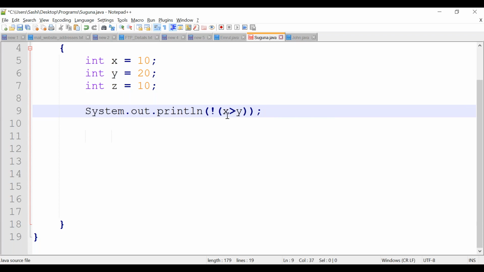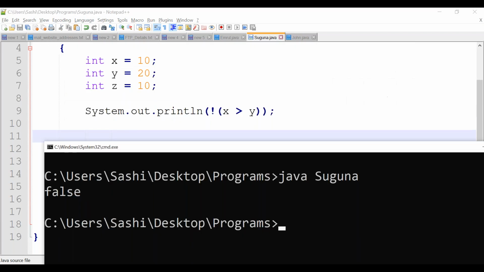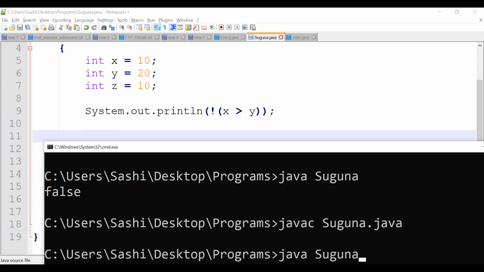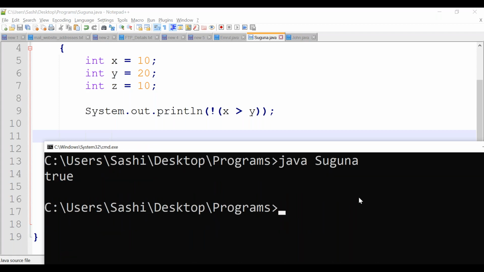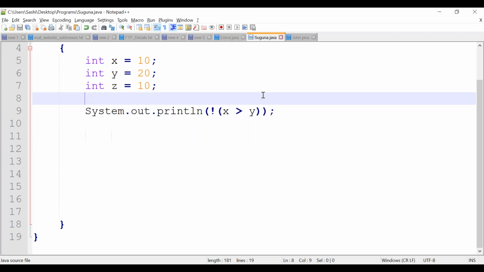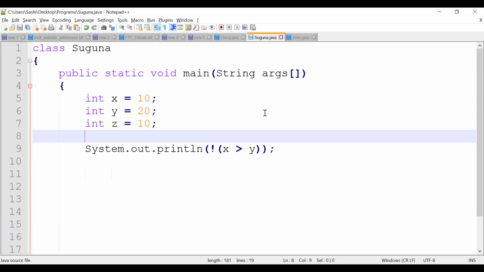It will check whether X is greater than Y or not. False, right? X is 10, Y is 20. It will return false. We have mentioned logical NOT, so false becomes true. Let's recompile this. See the output, you are getting true, correct? So logical NOT means if the expression or variable is true, then it will return the opposite. Okay, this is all about logical NOT.